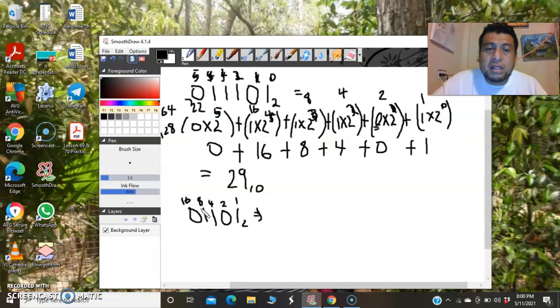All right. Look at this. Anything to the 0, I don't even have to do any calculation there, so I omit them automatically. And I will just add the ones that have the ones. 8 plus 4, that's 12, plus 1, 13 to the base 10. So that means that 0, 1, 1, 0, 1 base 2 is 13 in base 10. Okay, so those would be the conversion of base 2 to